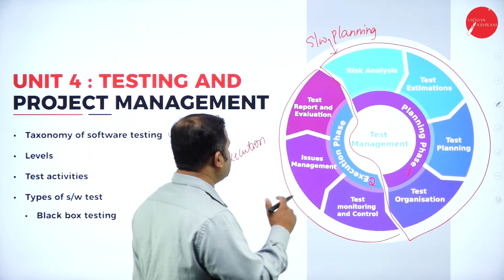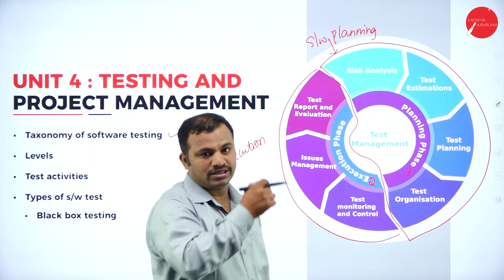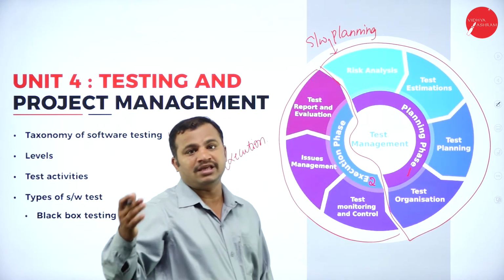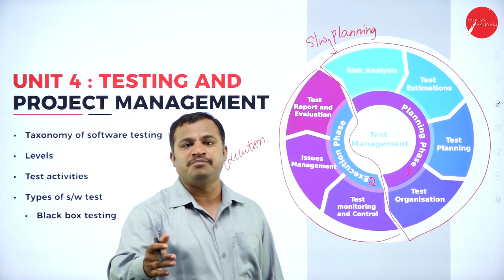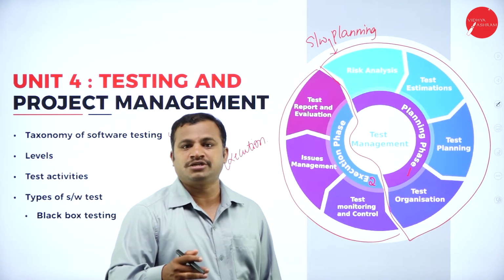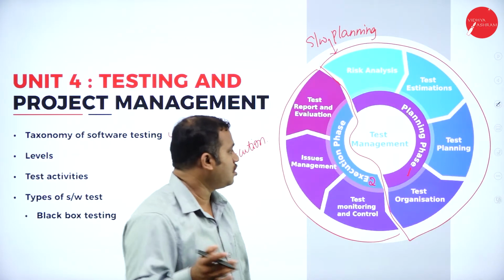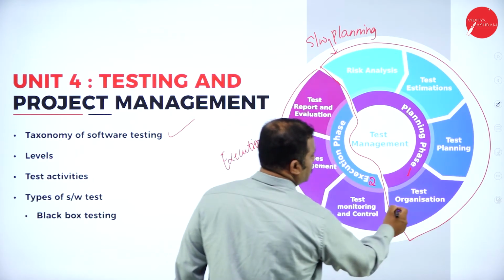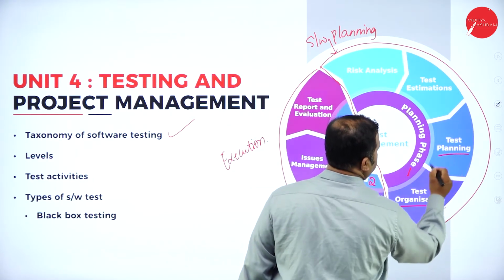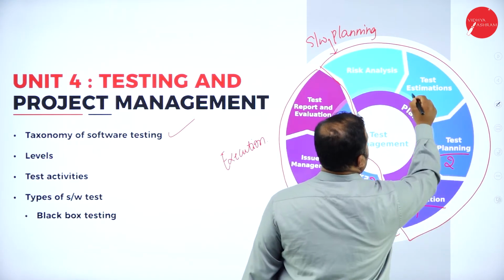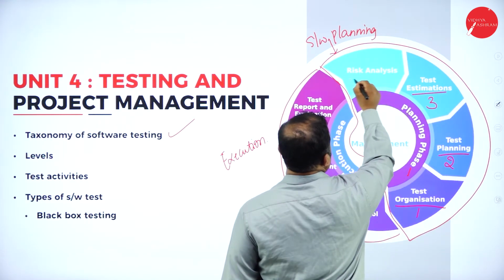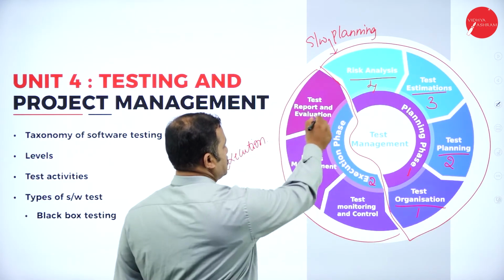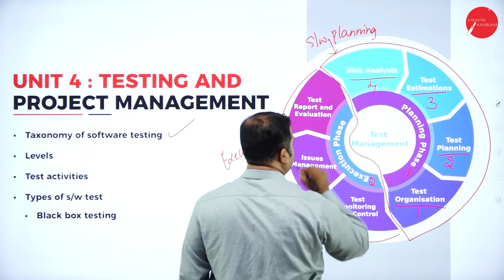All those kinds of testing are carried out here. Once it is carried out, it has to be delivered to the testing team, where they will integrate all these modules into one single software development product. Once it is developed, they will consider it as the test organization, wherein test planning is considered, then test estimations are considered, then risk analysis is also done. These are the 4 different steps in software testing planning.